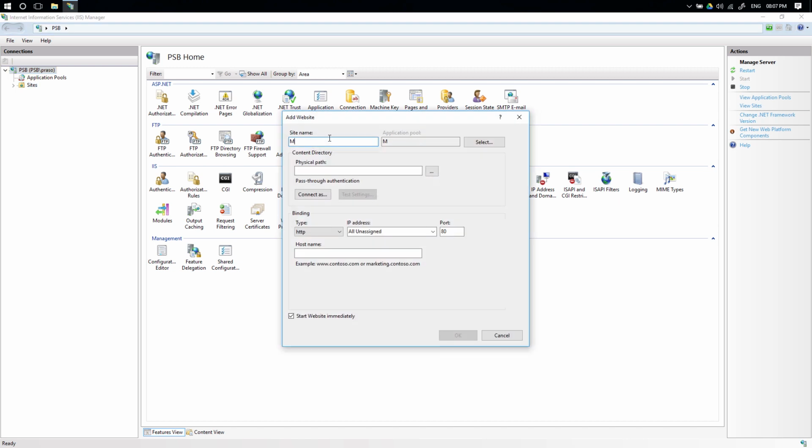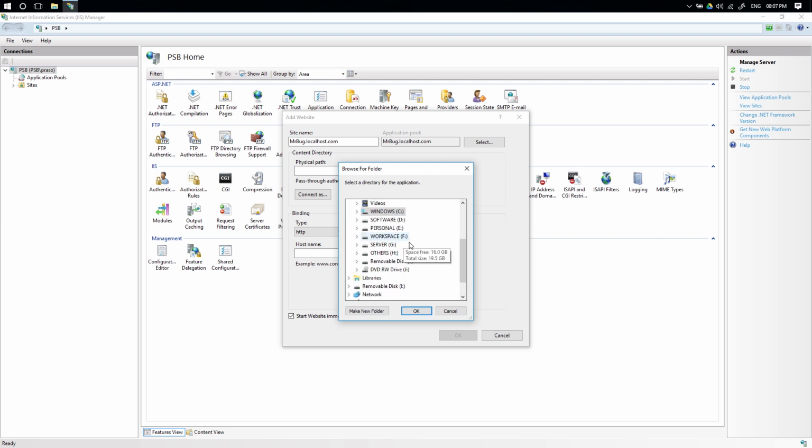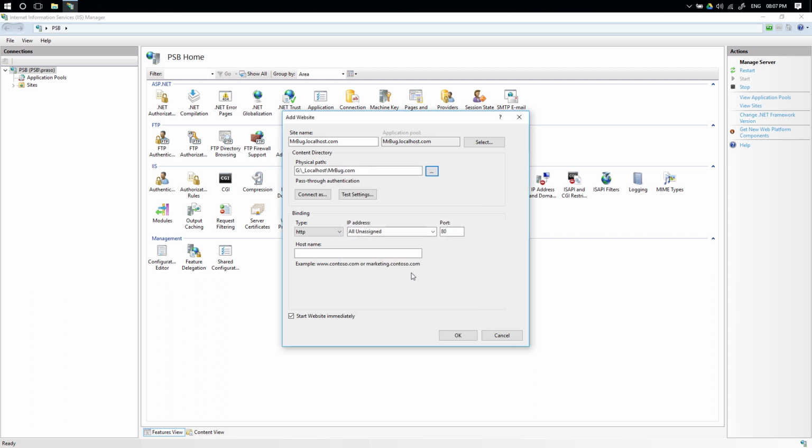This time I will name my website mrbug.com, again just for the sake of keeping it separate. By the way, we can't have two sites with the same name in IIS. Select the physical path as the new directory where we stored the new index file. This time I am going to leave the port as 8087 and provide a host name. My host name is going to be www.mrbug.localhost.com. You can even avoid www and use only mrbug.localhost.com, but make sure you stick to one approach.